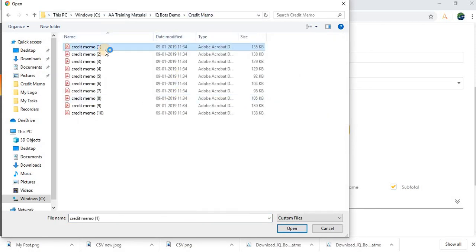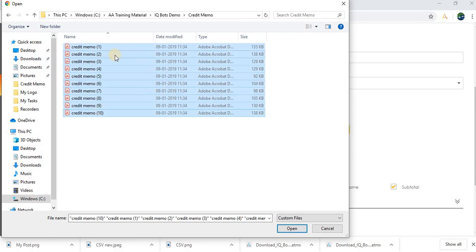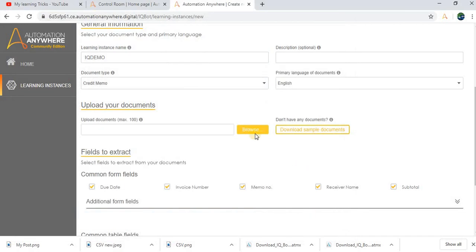It's not mandatory that you upload only two formats. Even if you upload all the files, it will validate based on the formats. So it will consider each group. 1 to 5 is one group, and 6 to 10 is another group. So it will segregate the formats based on the analysis. So let me select all the files. Since there are only two formats, and I have selected all the files, this will validate.